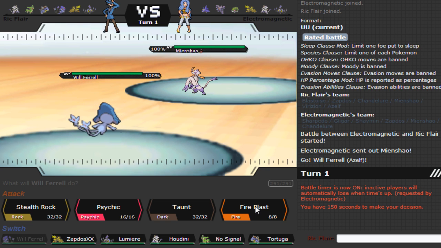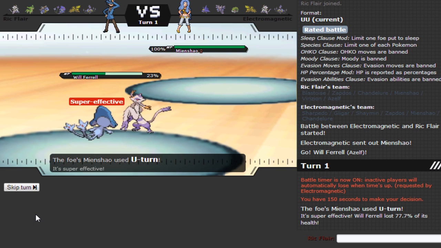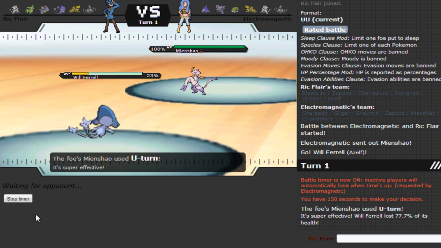As he does lead off with a Manchow, I lead off with my Azelf, and I kind of just want to go straight for the Fire Blast, but in the end just Stealth Rock is my best play, as it does turn out that he is indeed scarfed. He's going to be able to get off a huge hit with the U-turn, and again he's probably going to bring in Sharpedo because I feel that's probably his best Pokemon to bring in,